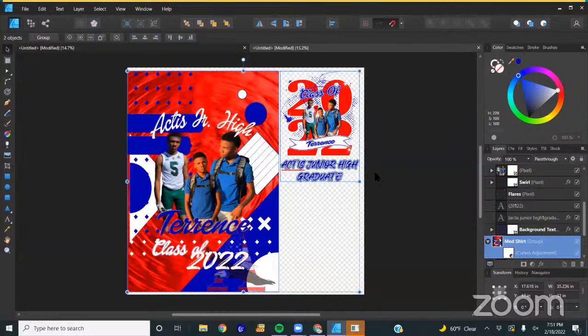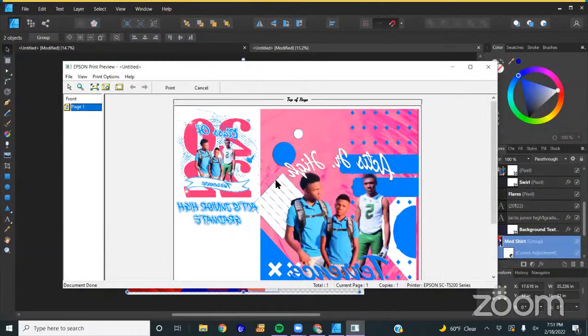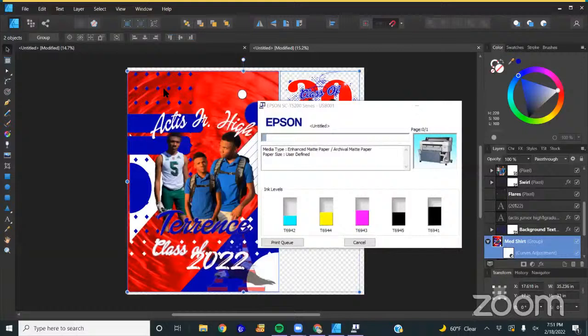All right, let's see. Our printer came up. Let's go ahead and print this. And while this is printing, let's go ahead and go to the back. All right, so we're gonna head to the back. Let me see how I'm going to do this.